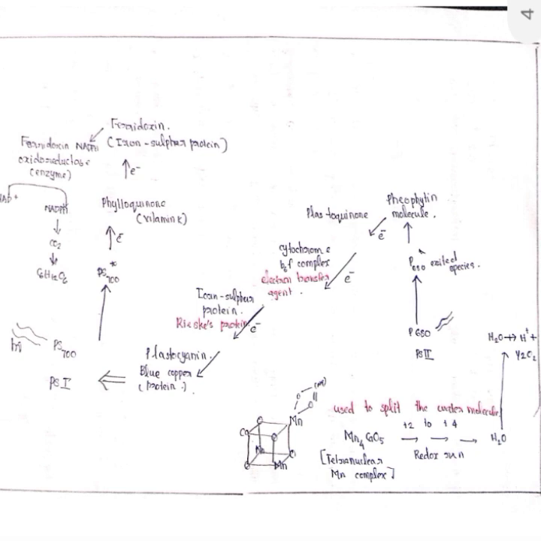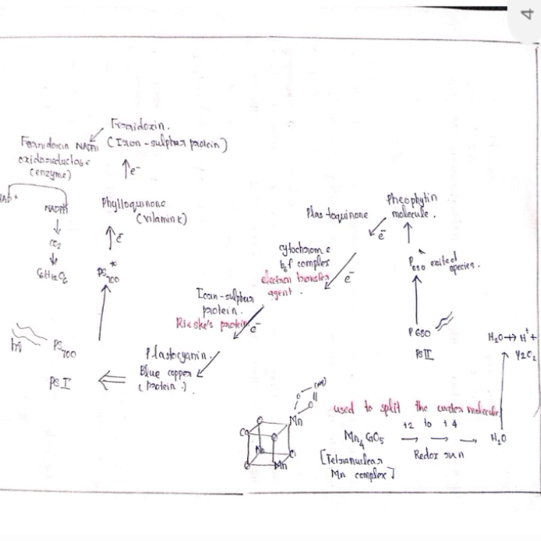complex. This is a very important electron transfer reagent, and it transfers the electron to an iron-sulfur protein. This is called Rieske protein. This Rieske protein transfers the electron to plastocyanin, which is called a blue copper protein. In this, copper changes its oxidation state from +2 to +1, and then transfers energy to photosystem 1, and P700